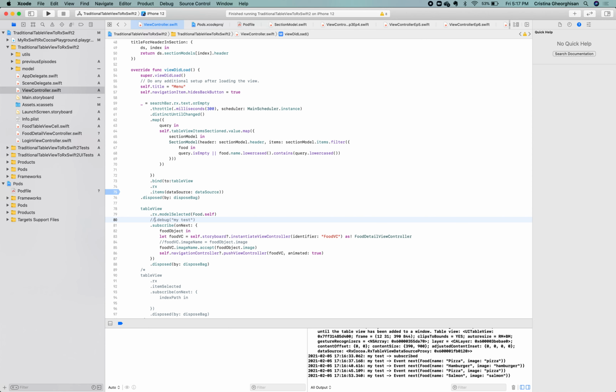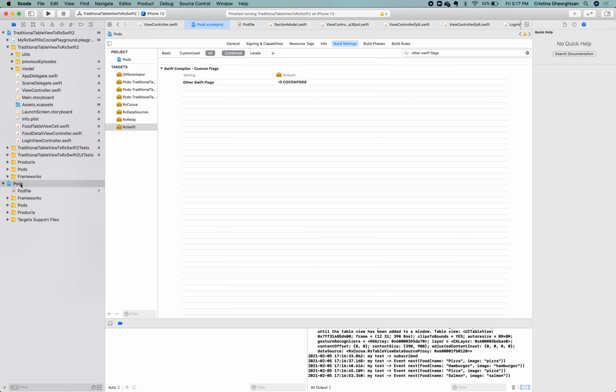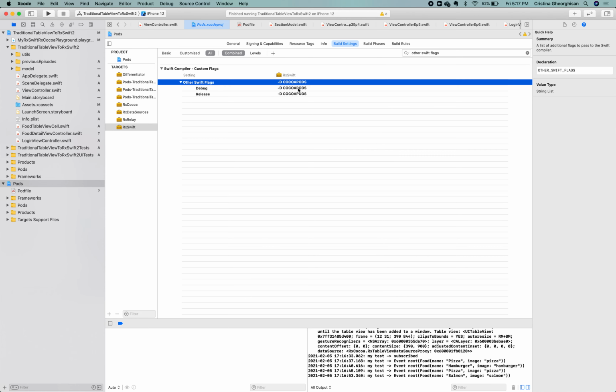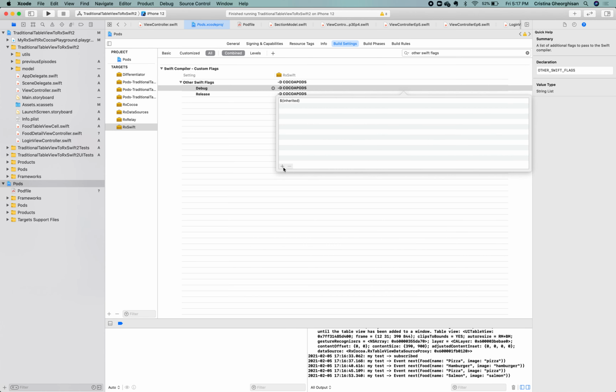And in order to be able to use it, we need to enable debug mode first. Let's go to build settings and do that. We need to add to the RxSwift target, under other Swift flags, the -D TRACE_RESOURCES.